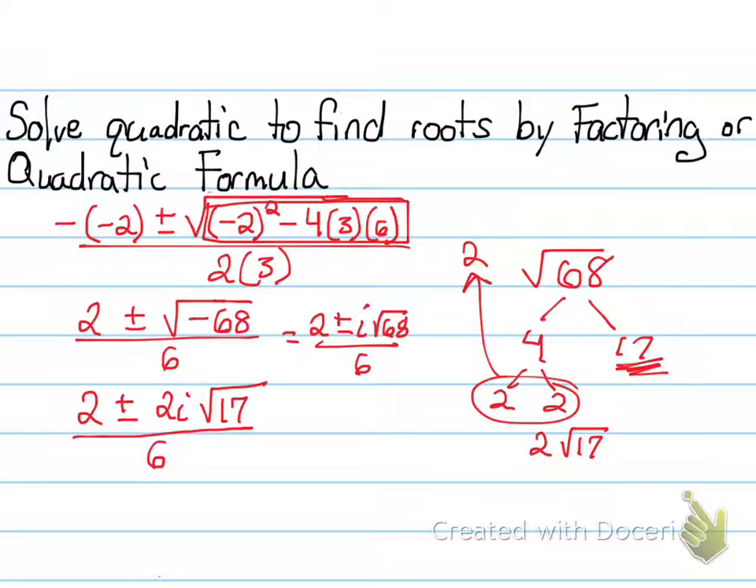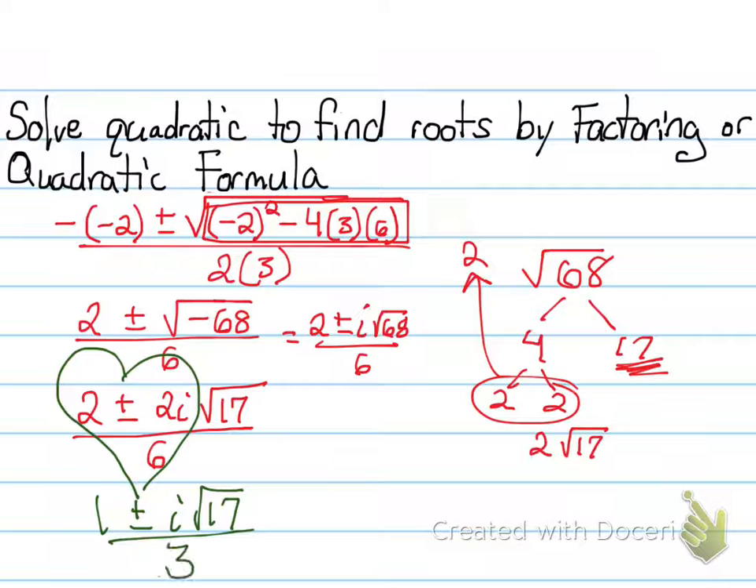4 times 17 gives me 68. 2 times 2 is 4. And then remember, for every pair, you take one out. That's why I took a 2 outside of the square root, leaving 17 under. So as you can see, I'll have 2 plus or minus 2i square root of 17 over 6. And then I have to reduce the fraction. The number that divides into 2, 2i, and 6 is 2. So when I divide all of them by 2, I get 1 plus or minus 1i square root of 17